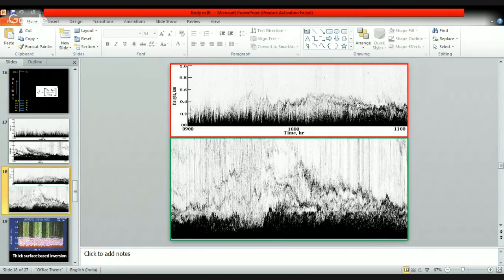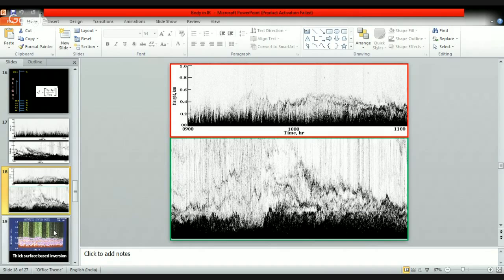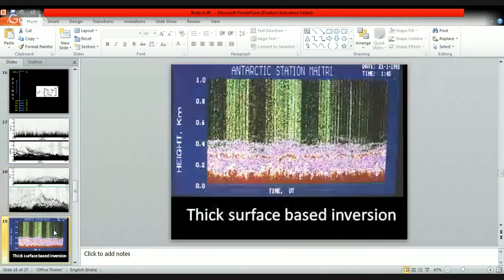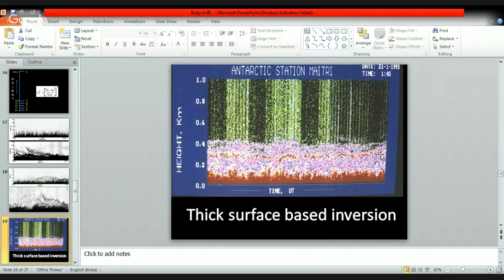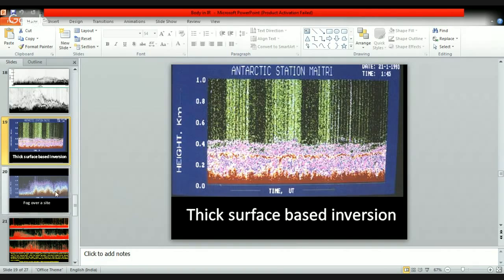You see that the thermal convection is there, and suddenly there is a layer in the upper regions. There are multiple layers. Under such circumstances, there is going to be a buildup of pollutants, and serious issues related to air pollution will arise. You can see the thermal inversion: the thickness is about 400 meters, but even within this thickness there is another layer present, at a height of 300 meters. So these are very serious episodes, as these photographs are giving us the indication.